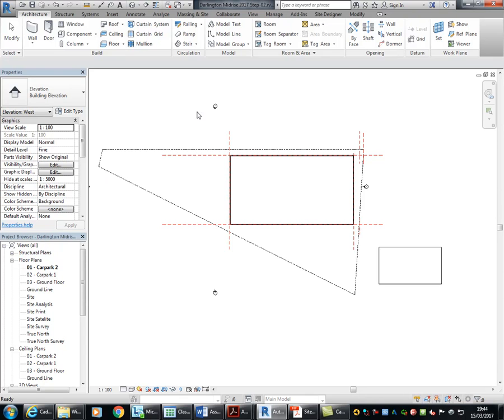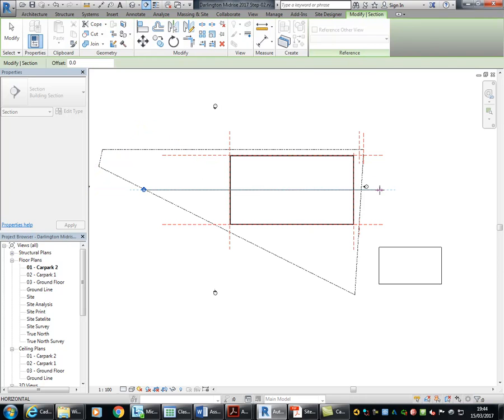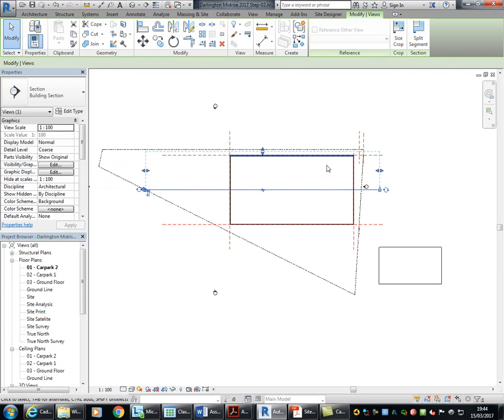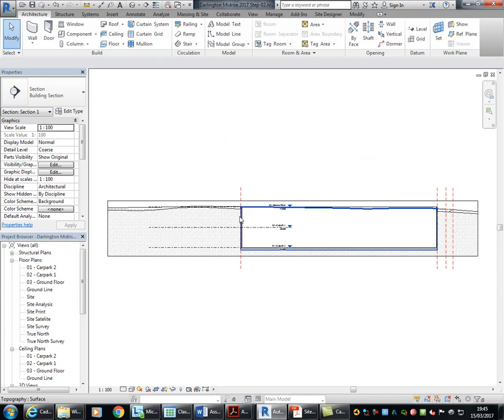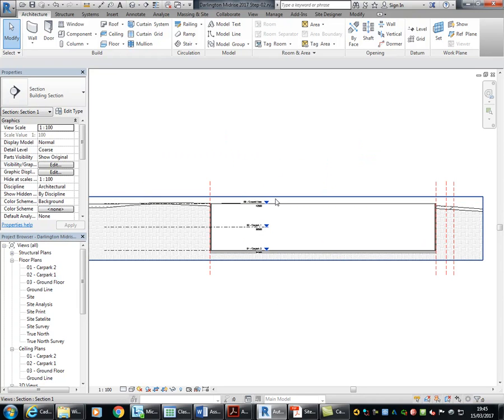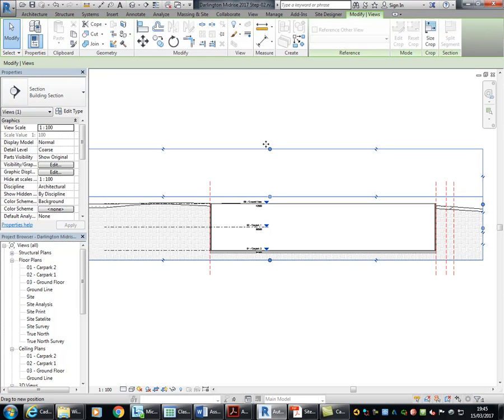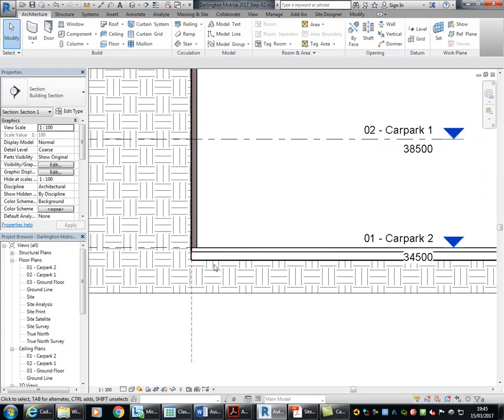So in my lowest level, I'm just going to click the section tool for a couple of points, sorry, going through the building. Extend that and double click on the arrowhead to open it. So all I'm going to show you there is that the floor sits on top of the pad,